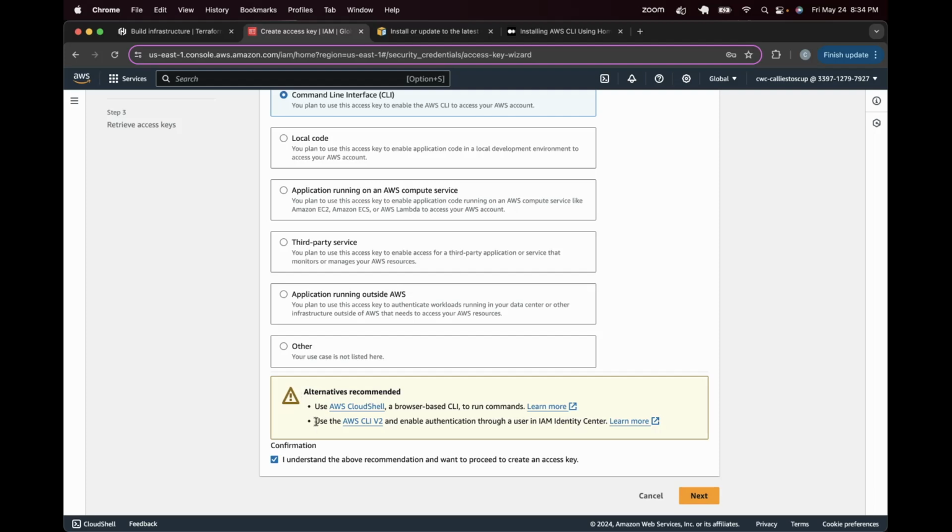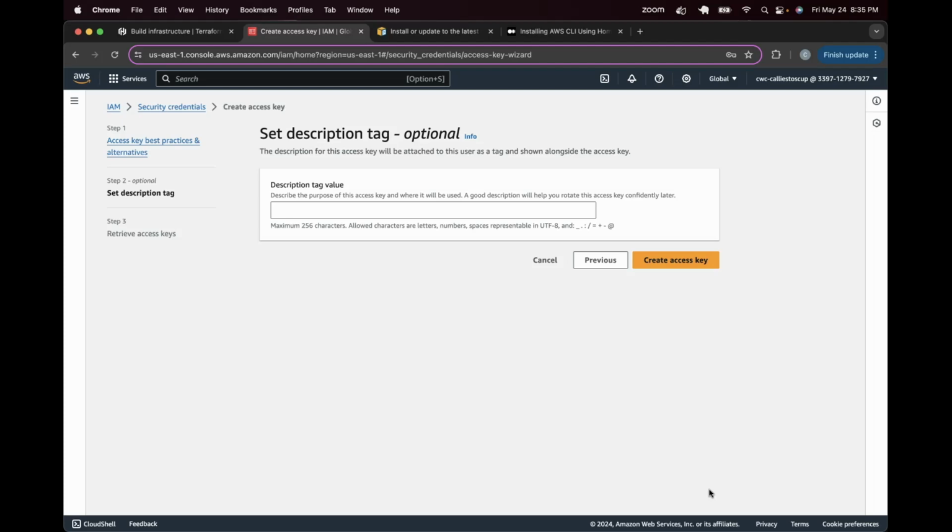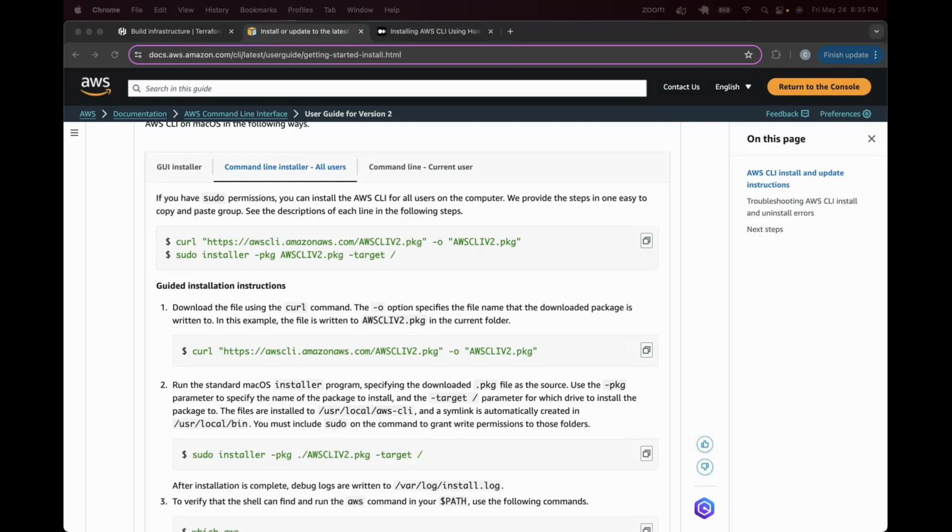Oh, interesting. So it looks like I could also have added this to my IAM Identity Center users. If anyone wants to try that, go ahead and do it and then let me know. And it looks like there's another browser-based CLI. I don't really want to use that. So I'm going to say I understand, and click next. Then you can set a description tag. I'm now going to hide my screen because I don't know what's going to pop up on the next one. I'm going to set my description tag as coding with Callie, deploy in public,